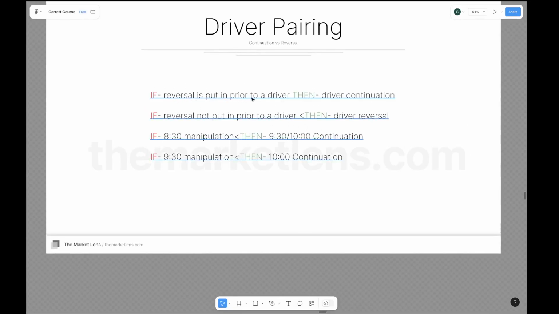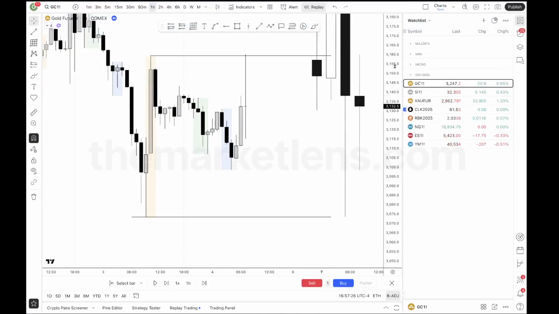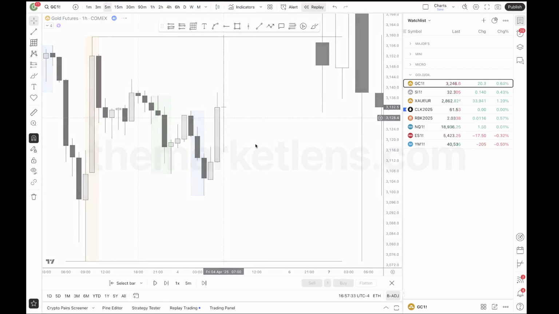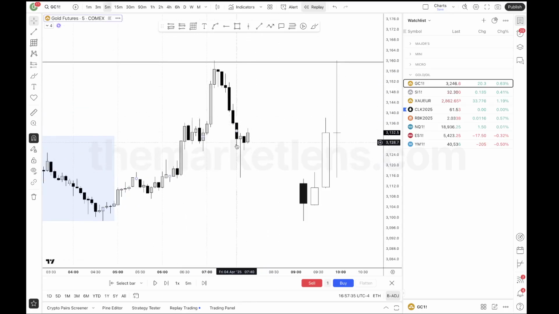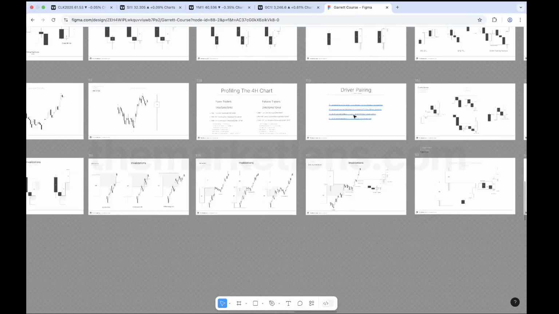If a reversal has been put in prior to the driver, then the driver should continue. So what do we see here? The next candle is in a P, the 8 o'clock candle. On the stronger asset, what do we see? A reversal signature, which is expansion met with expansion, right? When you go over here,